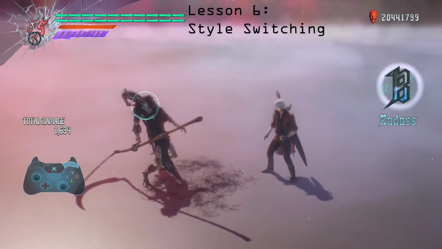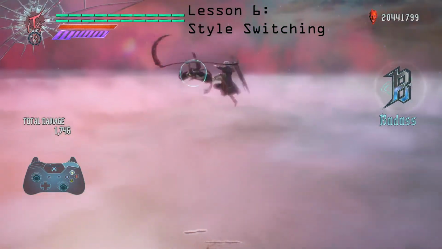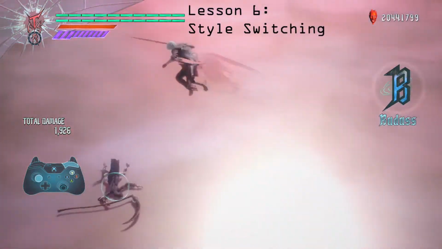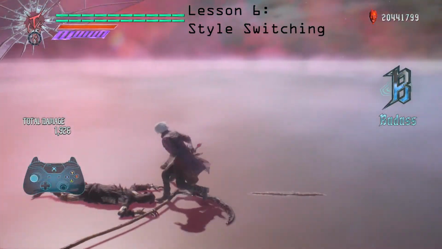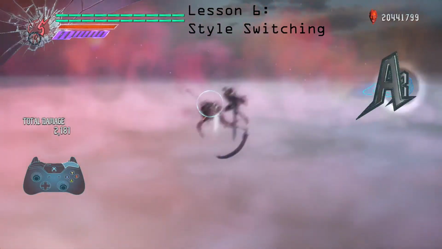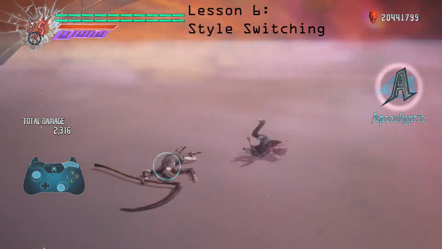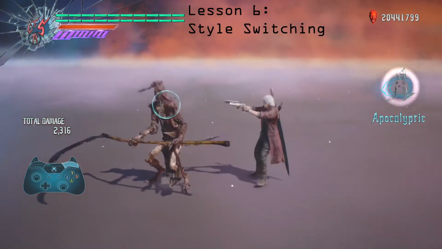Yes, so here's the thing. Just launch them, boom, teleport, do this. Now after you do this 5 times in a row without failing, boom. I want you to do this 5 times in a row, but I want you to use the